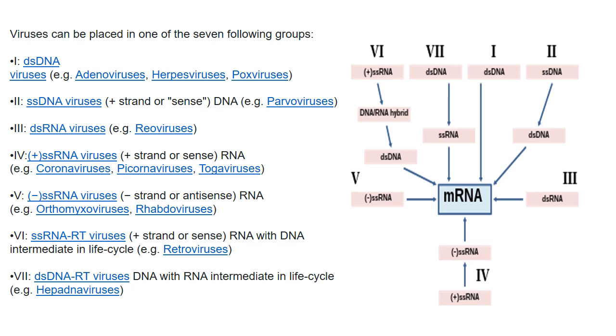with DNA intermediate in life cycle. An example is retroviruses, one that causes AIDS. Class 7 is double-stranded DNA RT viruses, DNA with RNA intermediate in life cycle. An example is